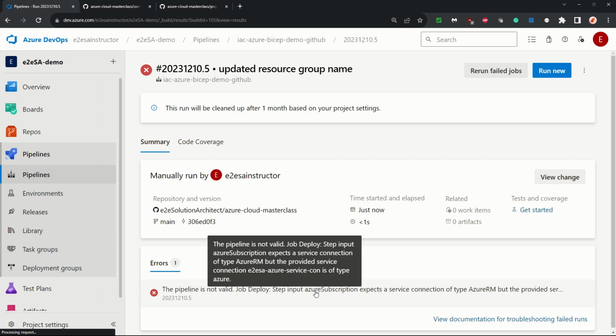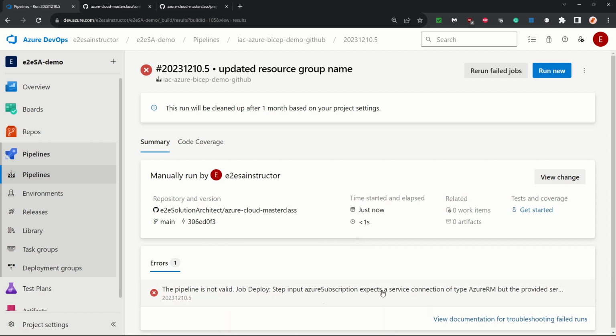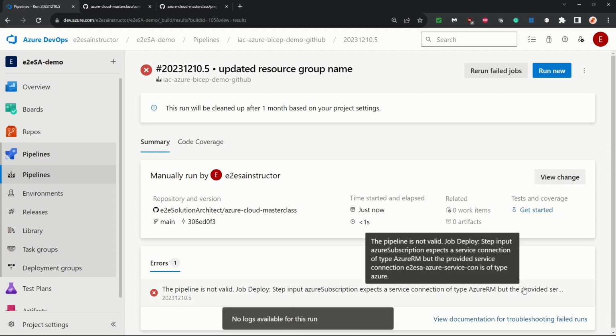Subscription, this is the type of Azure. So what it is expecting is the type Azure RM, but we have provided the connection of type Azure. Okay, so it is good to know that we are troubleshooting. We know what we should be given. So what we're doing is, again going to the